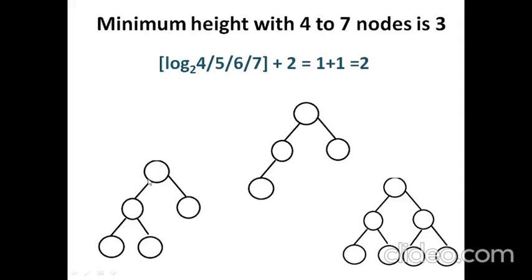You can see that in the first case you have got 5 nodes and the height is 3, and here we have got 4 nodes and again the height is 2 plus 1, 3, and here we have got 3, 5 and 7. So 7 nodes, and for that also the height is the same. So the point is that for all the binary trees having the nodes from 4 to 7, the height is uniformly 3 only, minimum height.